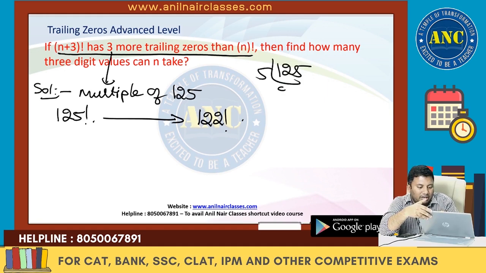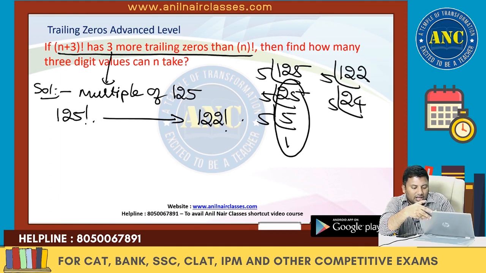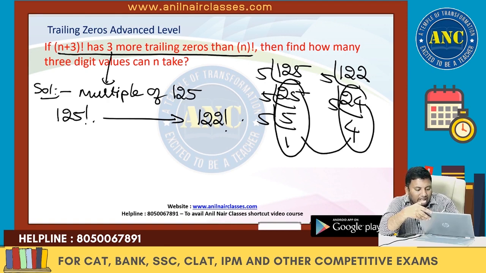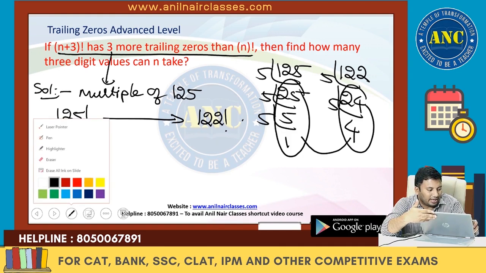These are nothing but 5 twenty-fives, 5 fives, 5 ones. Total I got 31. If it is 122, how much will I get? 5 twenty-fours, 5 fours. So I got 28 here. 28 and 31. There are 3 extra zeros present. That means n plus 3, how many values can it take? n plus 3 can take